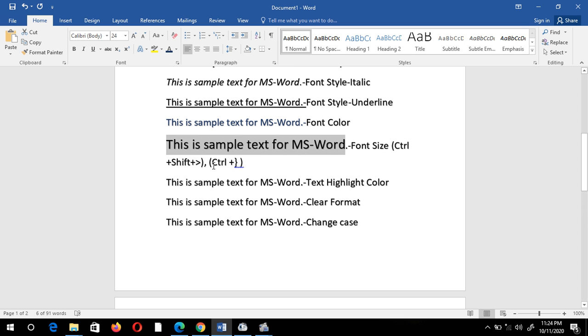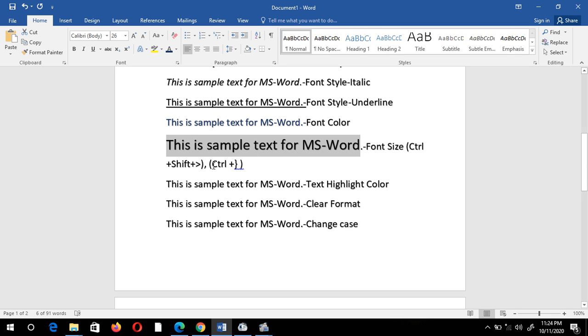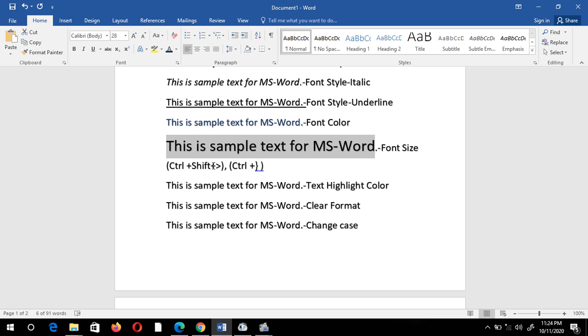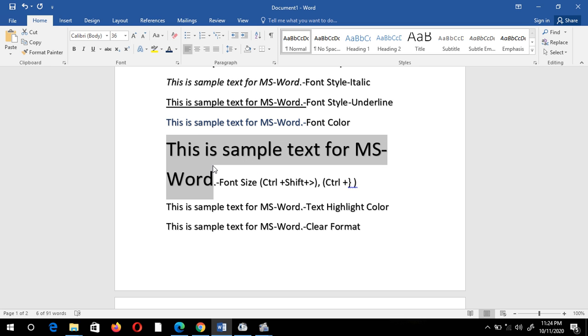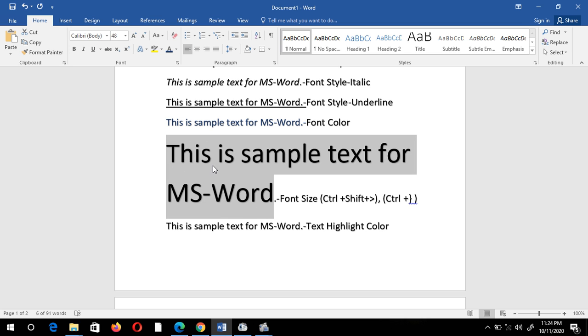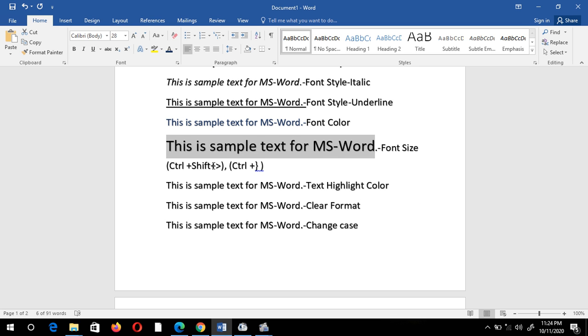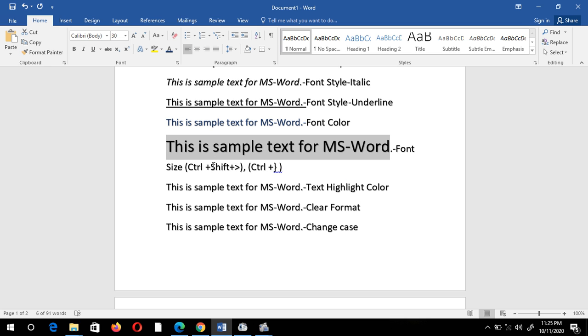Suppose I press Ctrl, Shift and greater than from my keyboard, my text keeps changing. We have one more shortcut key, that is Ctrl plus the curly bracket. If I press Ctrl plus the curly bracket sign, then again my text increases.